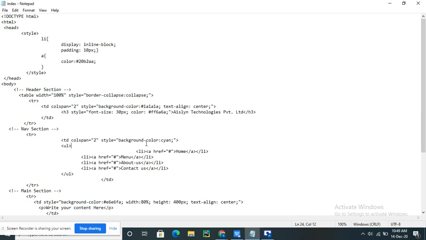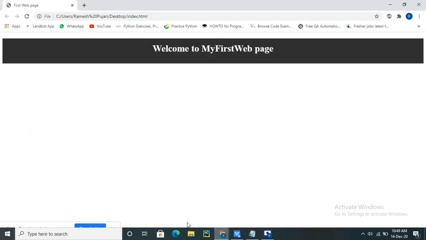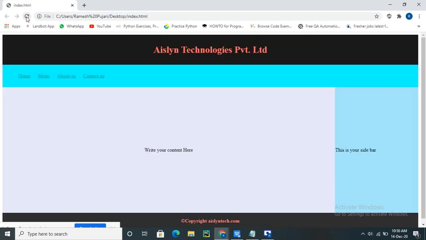Before that, I will run the program, and you can observe here. In the index page, this is the layout. These are the links. If I click on Home page, it will redirect to that page, and if I click on Menu, it will redirect to that page. So this is the layout. This is the header, and this is the footer. Whatever content is there is the aside content, and you can write whatever content you want. If you click Home, it will be displayed here, if that link is provided on this page. So this is basically how we use the layout.